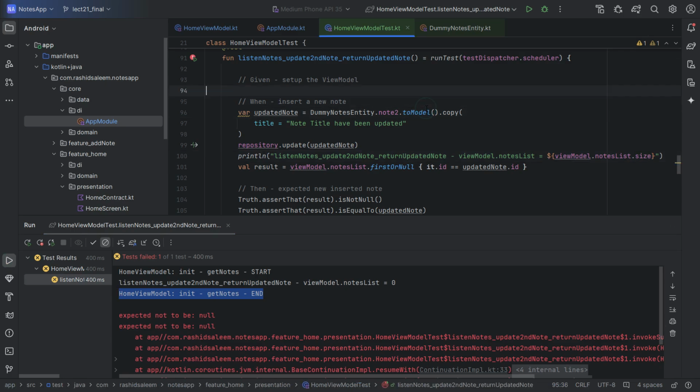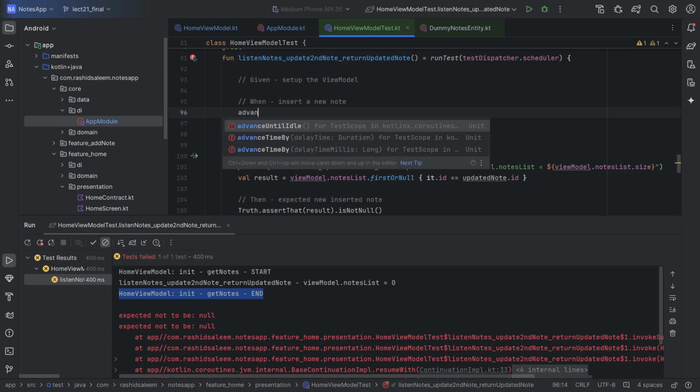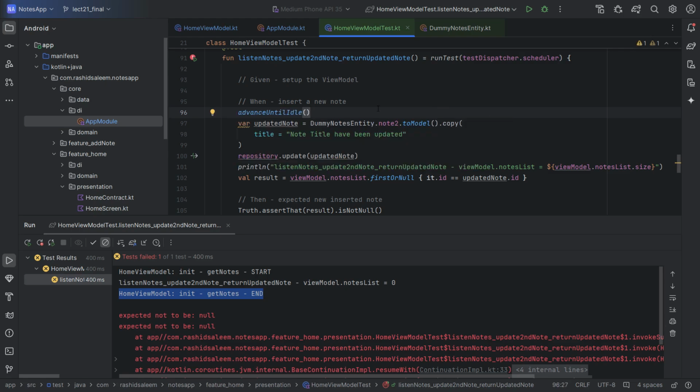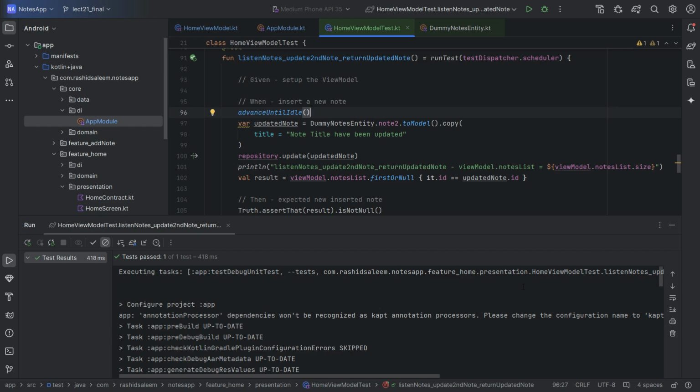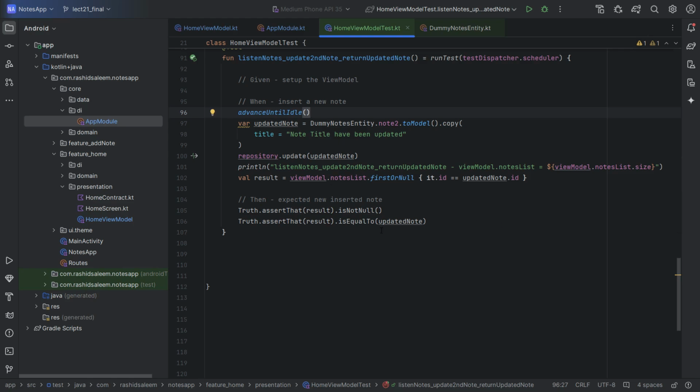So what we will do is call the method advanceUntilIdle here. What it will do is wait for the completion of this one and our other things as well to get the expected behavior. So okay, now let's run and verify it again. Okay, so now as you can see here, our test has been successfully passed, and now the next